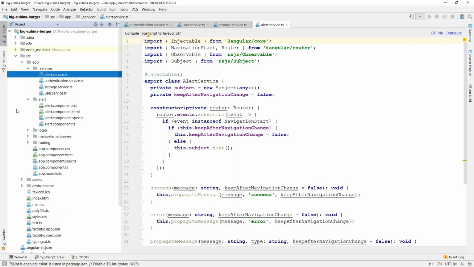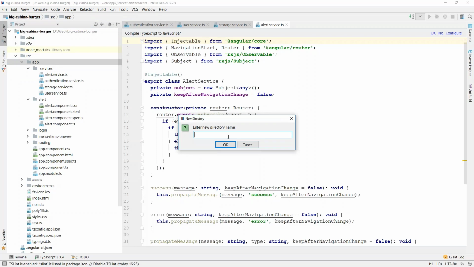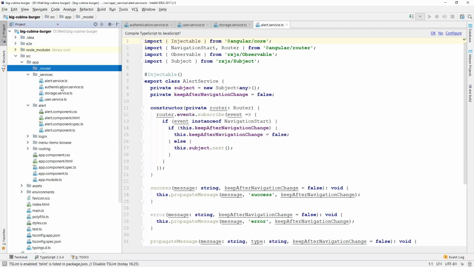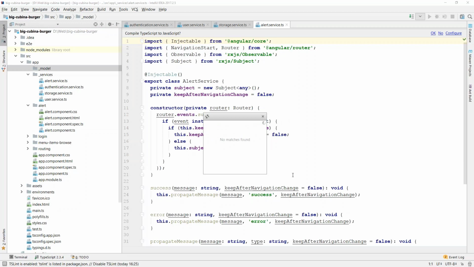Before we proceed to the menu items browser, we need to create a model class for the menu item entity. So let's create a new directory with name model and create a new class with name menu item.